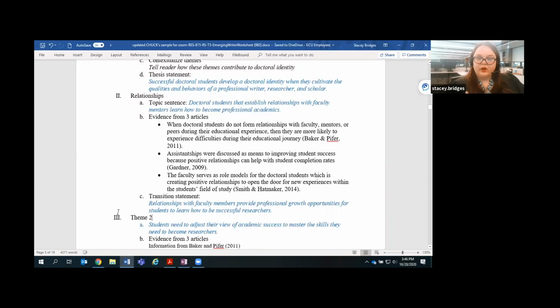We need to tell the reader how these two themes are related to each other. In this case, relationships with faculty members, which is our first theme, provide professional growth opportunities for students to learn how to be successful researchers. This is a very simple format for any one of your themes. We don't have any sub-themes, but we wanted to show you an example of using sub-themes to develop the relationships